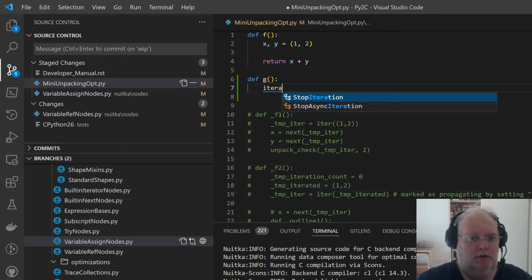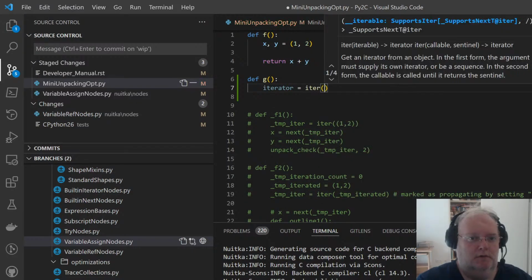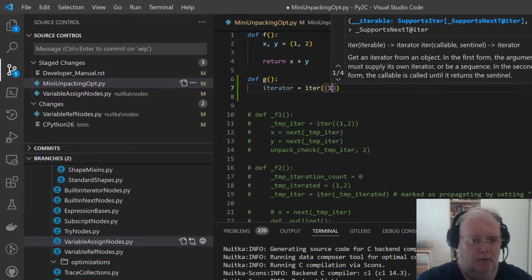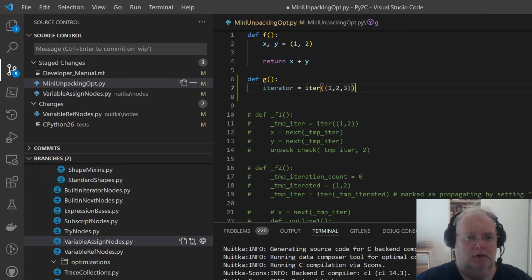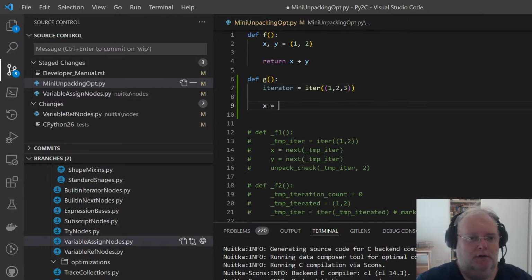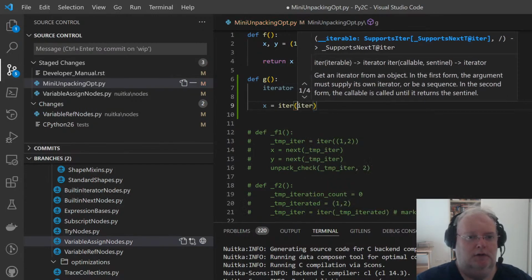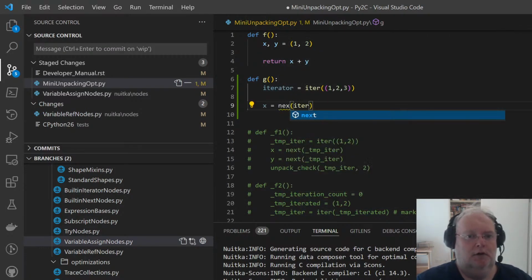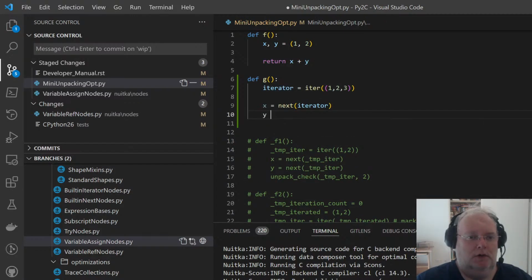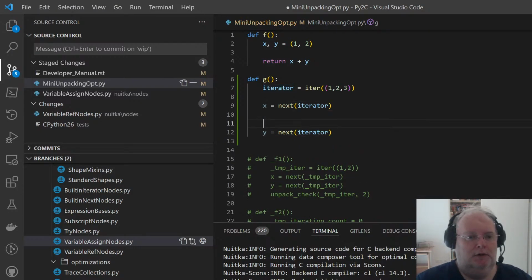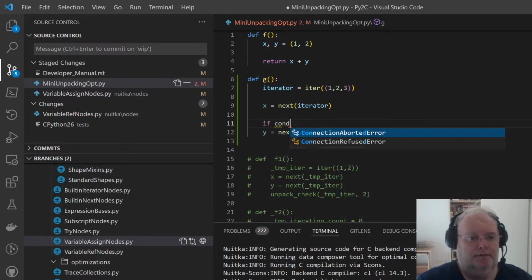iterator equals iter 1, 2, 3, and then I would do x equals next iterator, and y equals next iterator, but only if a condition occurs.